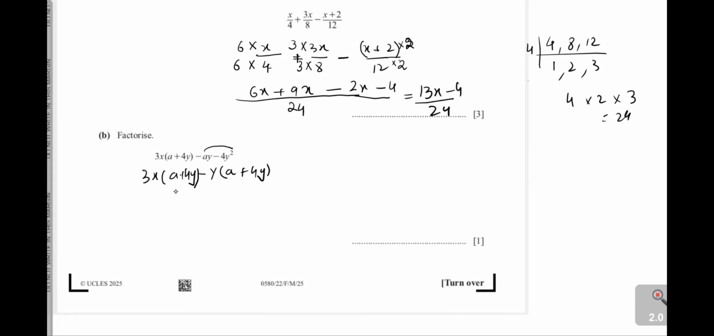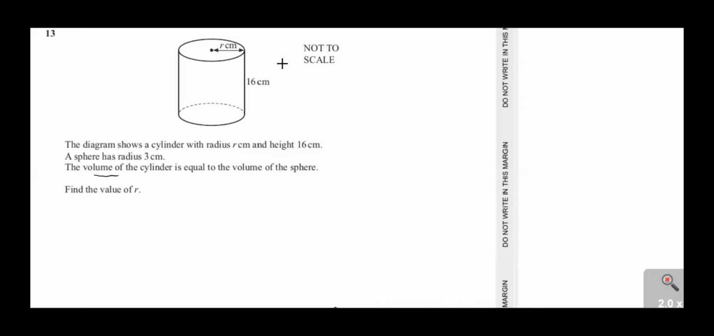We can write, and here a plus 4y is common. Again, we write here a plus 4y, and the remaining value is 3x minus 4 minus y. This is the factorization of part B. Question 13. The diagram shows a cylinder with radius r, height 16 centimeters, and a sphere with radius 3 centimeters; the volume of cylinder